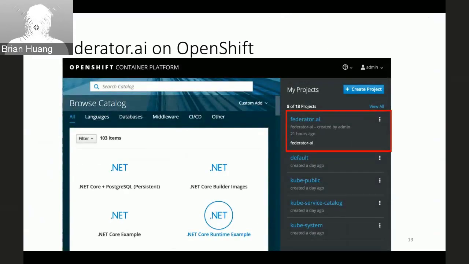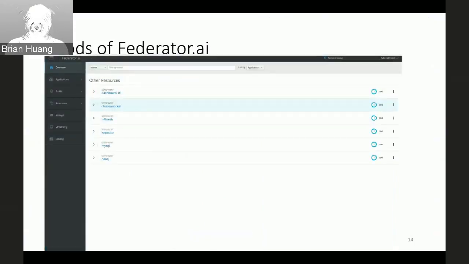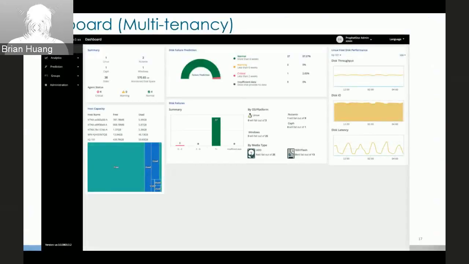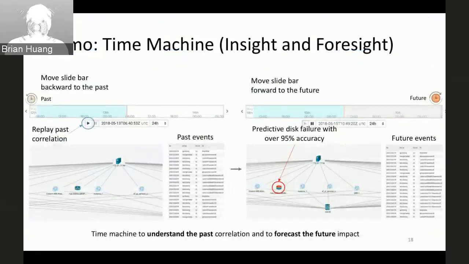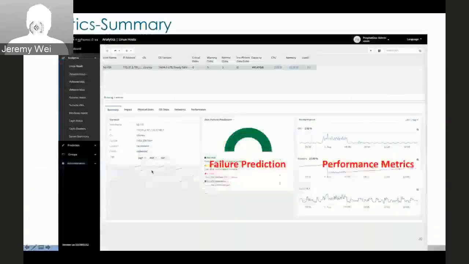And this is a screenshot where we deployed Redeye on OpenShift. And these are the microservice components running inside OpenShift, including the dashboard, our AI engine, and a streaming database, series database, such as that. And then this is the actual screenshot of Redeye. It provides a cross-layer